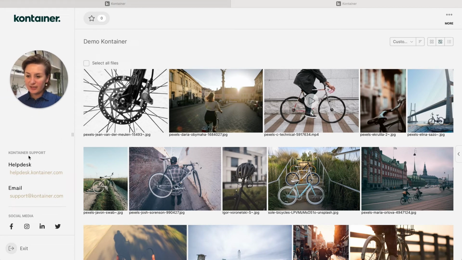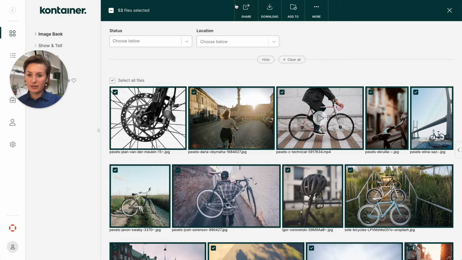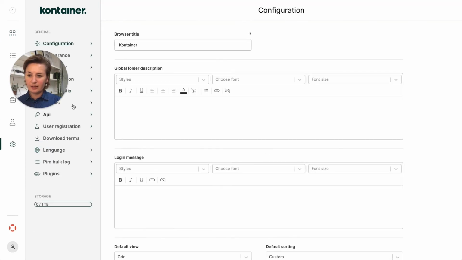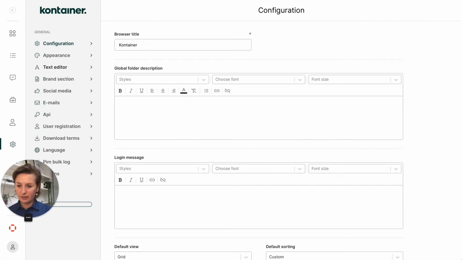And then you can see here I have this branded information, which is just some contact details and some social media links. You set them up inside your container by going to settings, and then you select this brand section here.